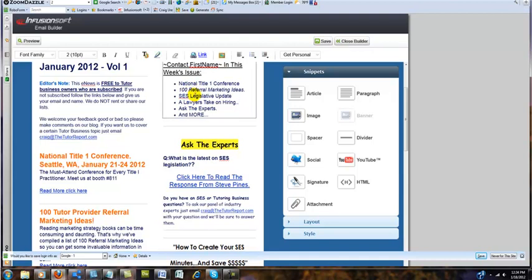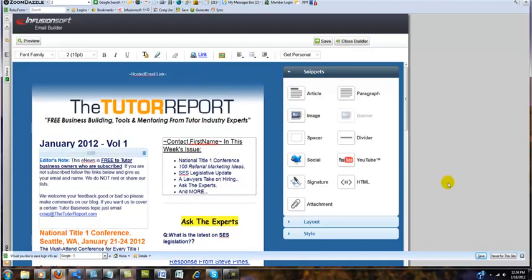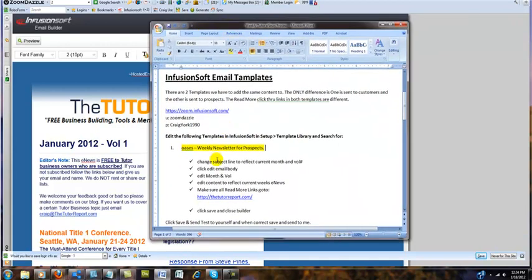So I'll just give some bullets to what's in this particular newsletter. If we're following our instructions here, we've changed the subject line to reflect the current month. Earlier, we clicked the edit email body. We edited the month and the volume here. We edited the content to reflect the current e-news, which was all the articles. And we've got to make sure that all the read more links go to thetutorreport.com, and then we click Save